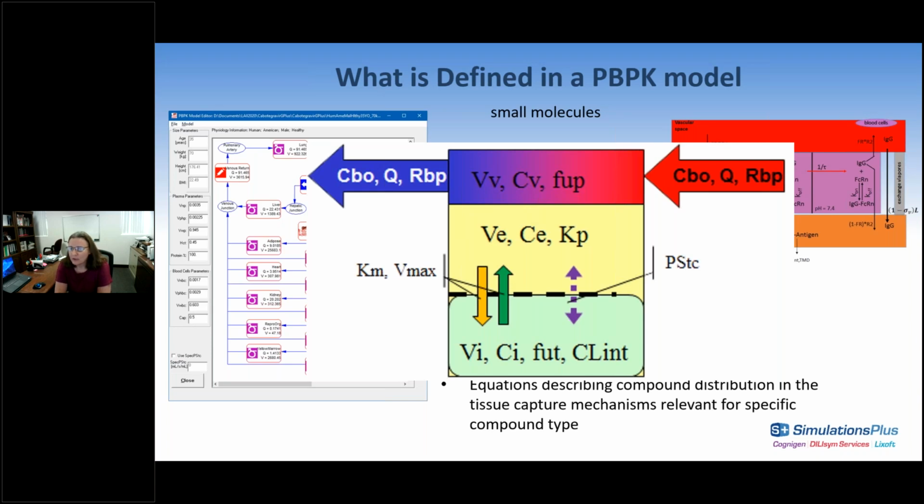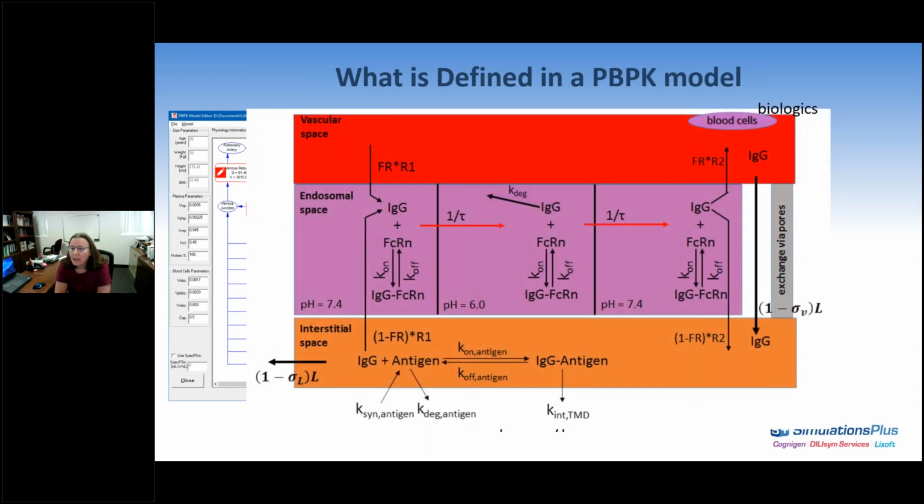When it comes to biologics or larger molecules, this is where the rate limiting step or the barrier moves more towards that endothelial wall. The bigger concern is for these large molecules to actually permeate into the extracellular space in the first place. Especially when we are looking at monoclonal antibodies, the pore sizes are not big enough to allow for any significant diffusion directly. So other mechanisms for the distribution may need to start playing a role.